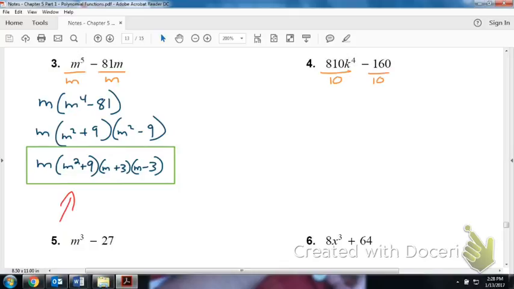So let's do it. Divide everything by 10. And yeah, Mr. Hunter has to think through these too. That's okay. So 10. Let's make that a little bigger. 81k to the 4th minus 16. Okay? And now we have a difference of squares. Because we're going to have to multiply up to the middle. Actually, let me talk about this a little bit differently. Remember